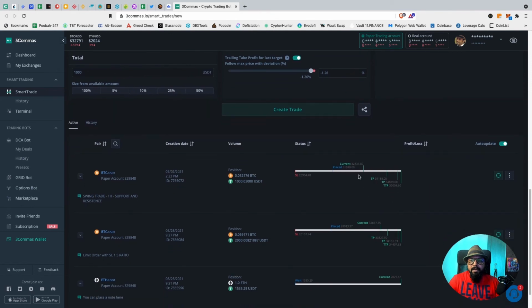So you can see over here we have the price that we placed at. This is the current order, and these are our take profits, and this is the stop loss. So this is what Smart Trade is, and what it does is it saves you a lot of time. Instead of going back and forth, when the prices go up, you want to go and sell something,